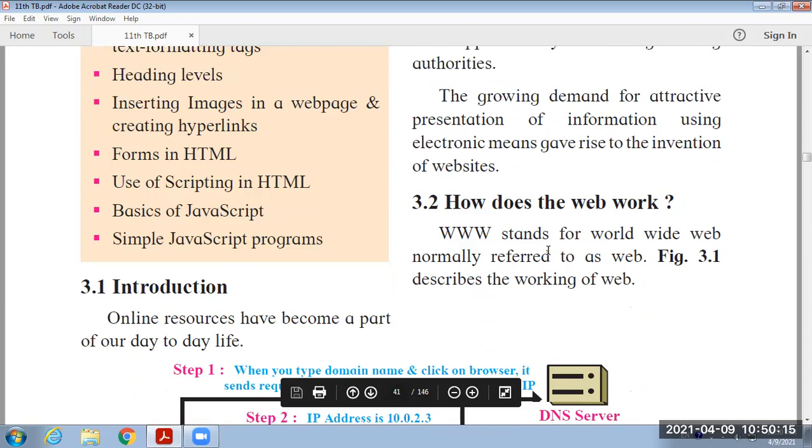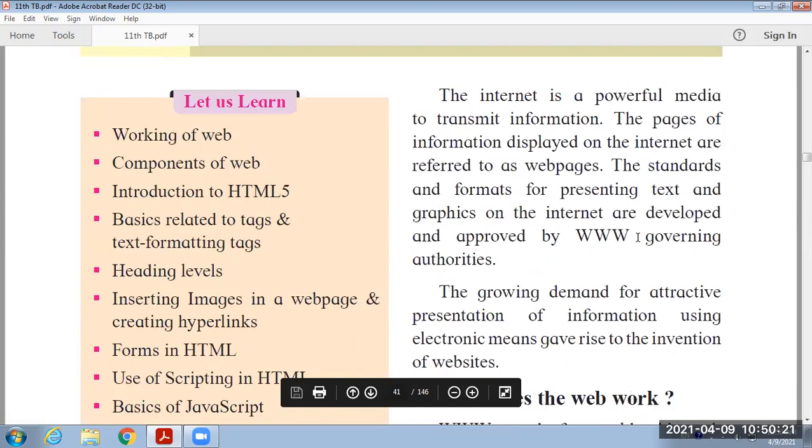Now we know that today online resources have become an integral part of our day-to-day life. The internet is a powerful medium to transmit information. That information may be in the format of messages, images, videos, or web pages. The pages of information displayed on the internet are referred to as web pages.